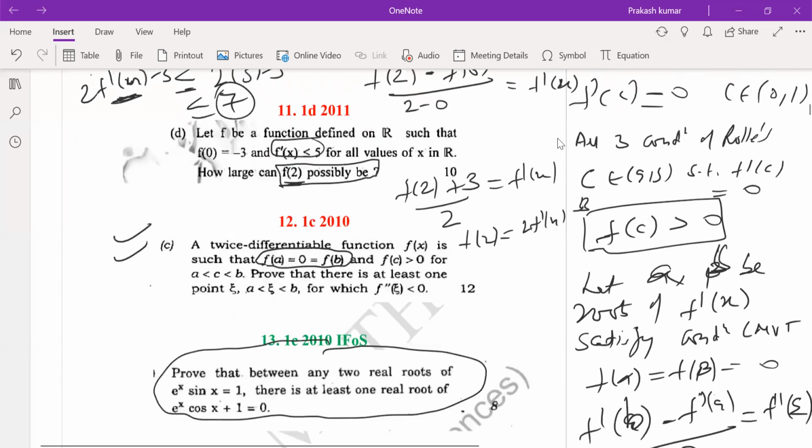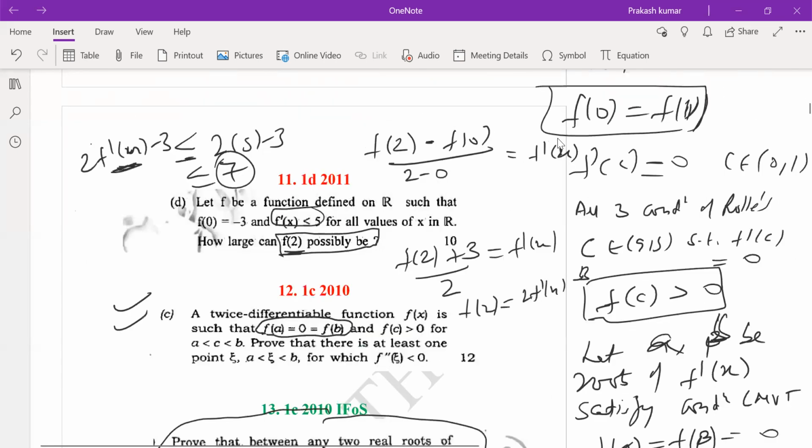Increasing, decreasing. You can do it using direct integrating also. But I will not suggest direct integration, because that is a very bad method to do it. The straightforward way would be using your Lagrange's mean value theorem. No innovation required. Just apply the formula and you can do it.